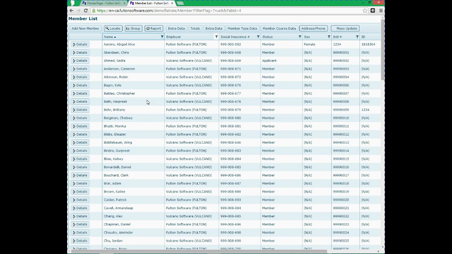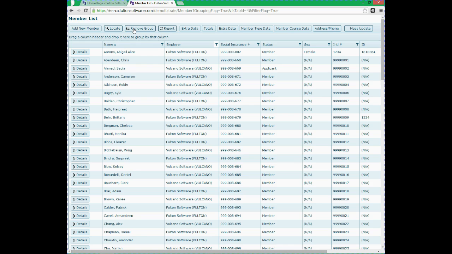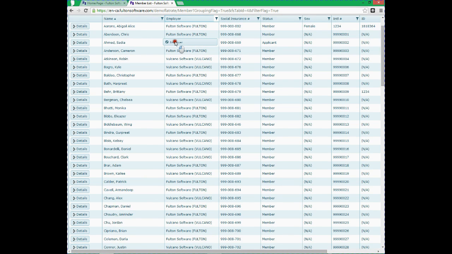Now the last thing we're going to look at is grouping. So if you click on the Group button up here, that enables the grouping options. And probably the thing you're going to group on most is employer. And how you do it is you just double click on employer and